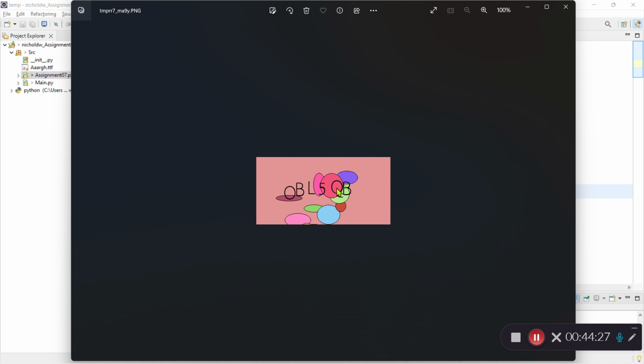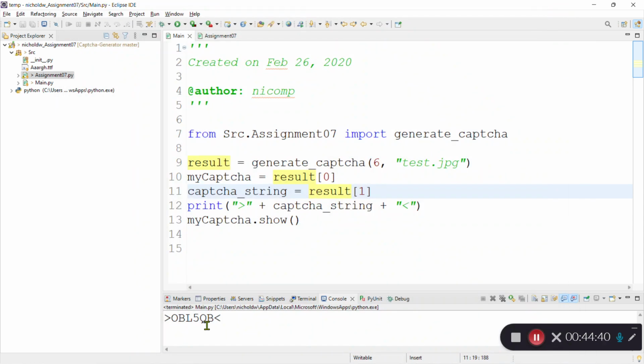And the image popped up in the photo viewer, OBL5QB. Yours might be different depending on the random number generator, but mine says OBL5QB. And in the console tab, OBL5QB, there's the CAPTCHA in text format. And hopefully,